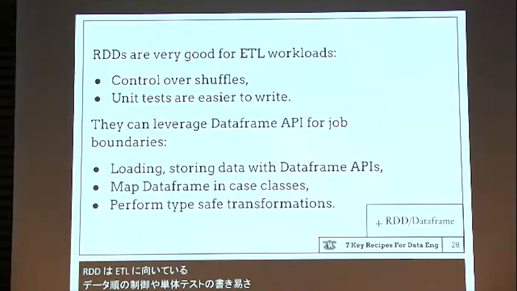So the RDD can still leverage the DataFrame API to read and write the data. On the RDD boundary, you will still use some of the DataFrame API to read, for example, your CSV file and to write your Parquet file. But then you have to map from the DataFrame to the RDD. So there is a new API out there called datasets. Sometimes it's working, sometimes it's not. But you still have to map from the outside world to the insides of the Scala type system.